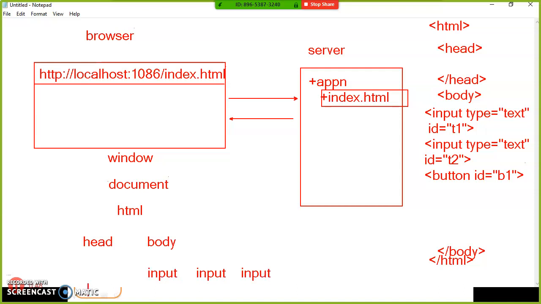Here you have input ID T1, here ID T2, here ID B1, something like that. So a tree structure is established actually. This is called the DOM.